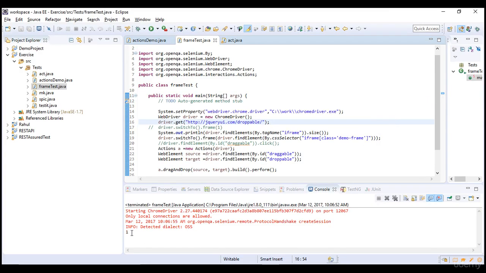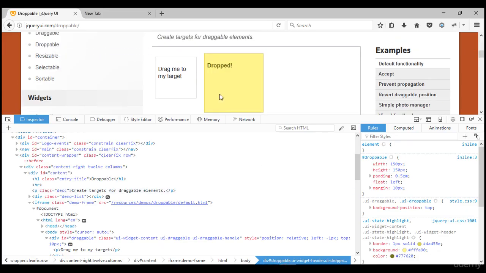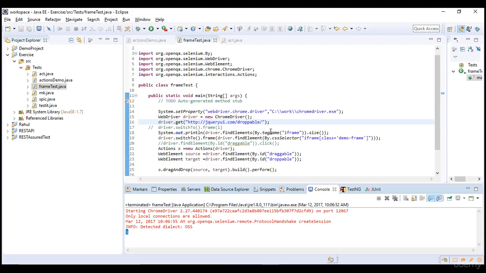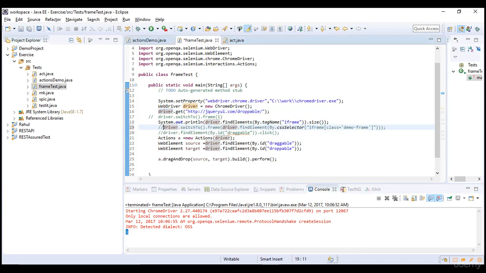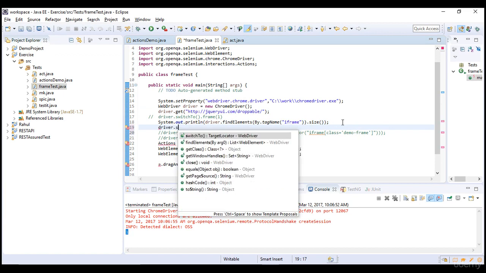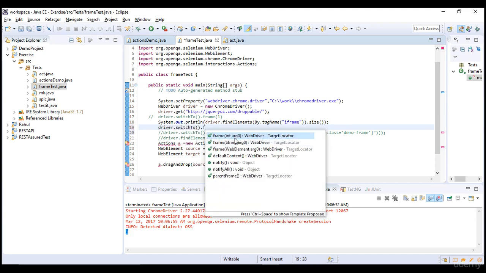Yes, there is only one frame in that website, and that's the only frame we are working on. So you can simply switch to that frame now. I'll comment out this web element. We have seen how to switch using a web element. Now let's switch using index. driver.switchTo().frame.